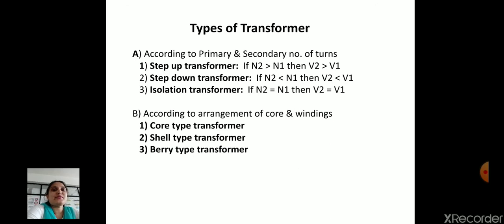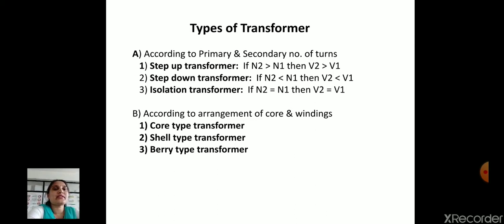Next, the types of transformer. Depending upon the primary and secondary number of turns, as we see there are two windings. N1 is the primary number of turns, and N2 is the secondary number of turns. Depending upon these, transformers are classified as step up, step down and isolation transformers. If N2 is greater than N1, the secondary number of turns is greater than the primary number of turns,